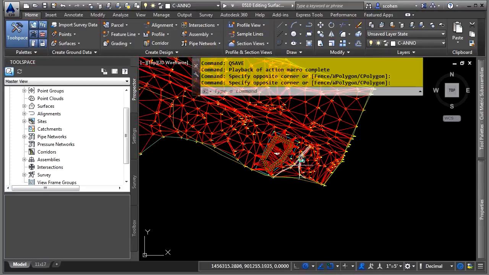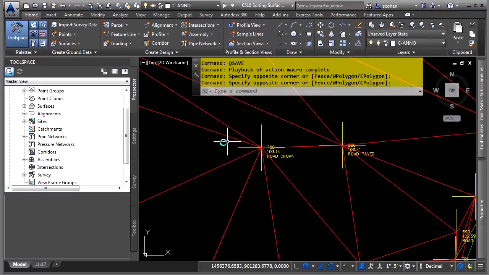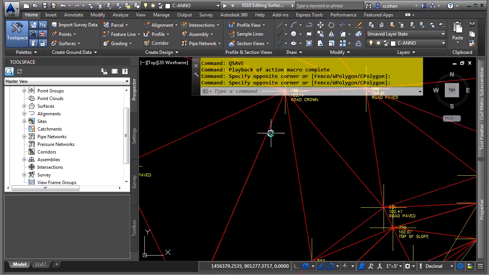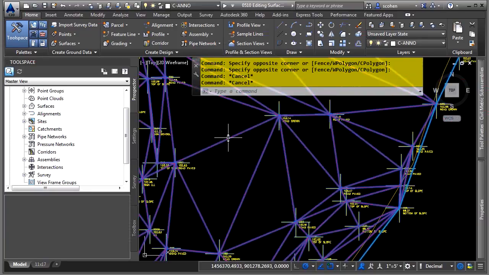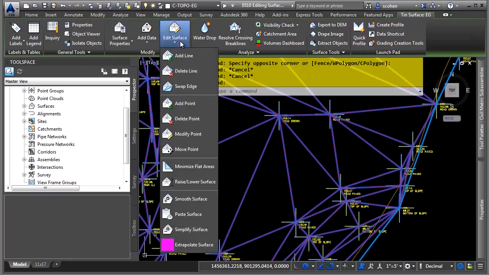Let's go ahead and zoom into the bottom right part of our surface. Now let's say we had contours displaying and they weren't displaying exactly the way they should be, just because they didn't get enough points in this area. You could actually add surface points. Let's go ahead and select the surface, and we'll pick on Edit Surface, and here are all